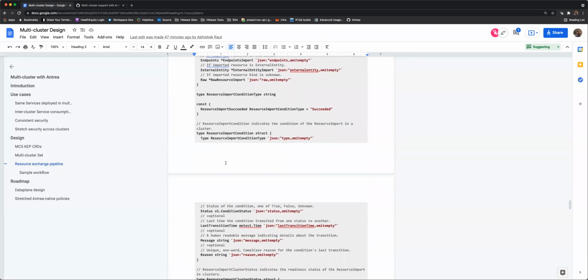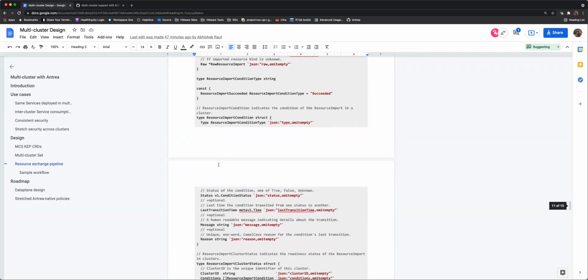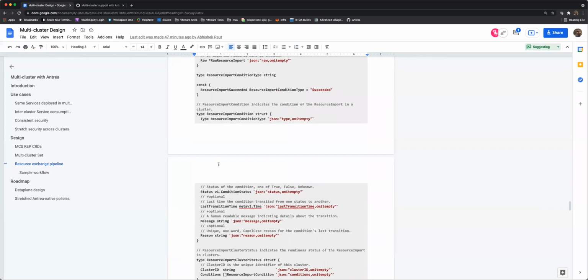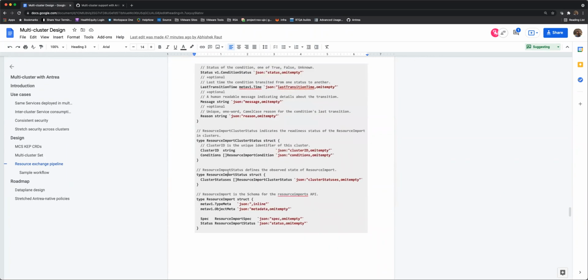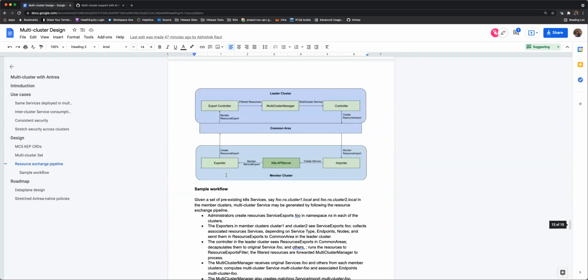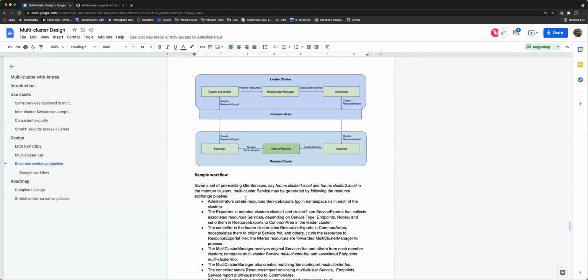And similar to the export conditions or status, we also have a status for the resource imports. And yeah, this is how the overall pipeline would look like. So you can see that there are several components now. Some of those can be performed by a single controller, but on a high level, you have these member clusters